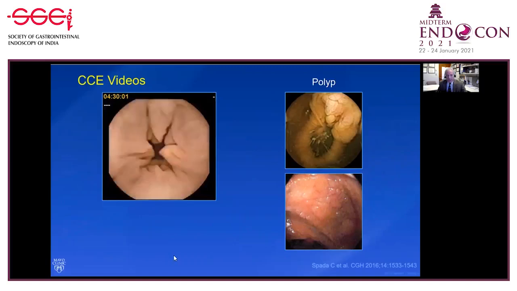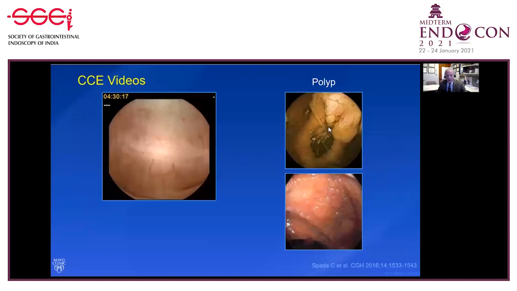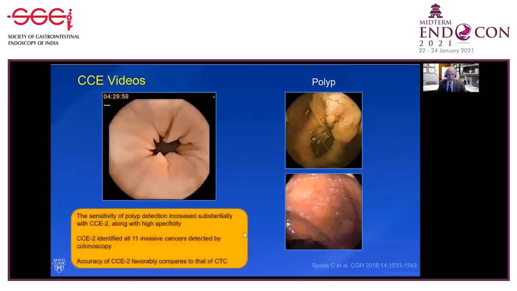You obviously need to have a fluid-filled colon, and you need to have a good prep. But you can see here an example of a polyp seen on colonoscopy and then on capsule endoscopy. And the accuracy of the second generation capsule favorably compares to CT colonography. So very exciting